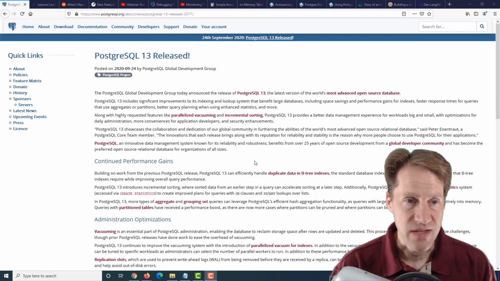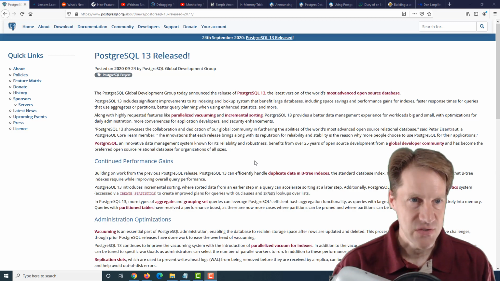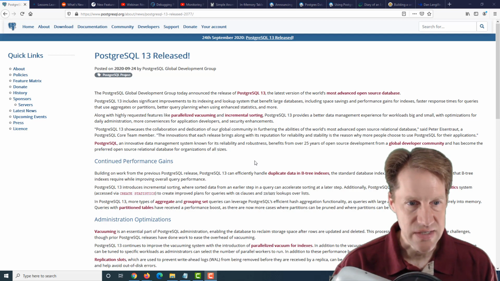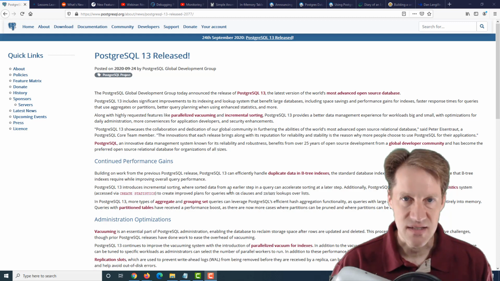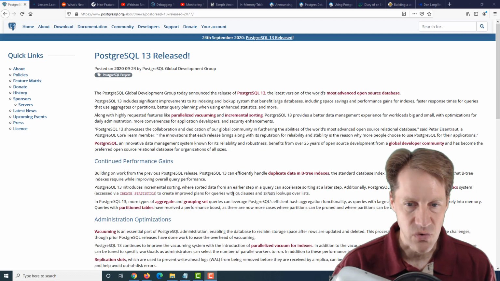Our first piece of content is PostgreSQL 13 is released. And this is from the PostgreSQL.org website. It was released on the 24th. This news announcement goes over some of the new features, such as deduplication in B-tree indexes, an extended statistics system to better communicate statistics dependencies between columns for OR clauses and any/all lookups, improvements with hash aggregate functionality